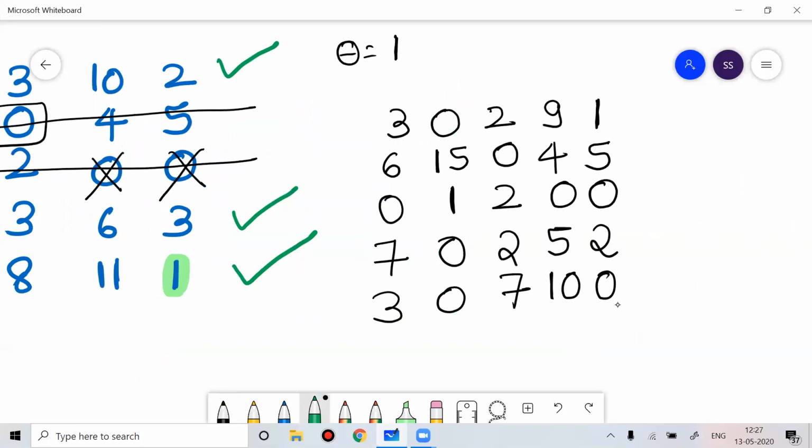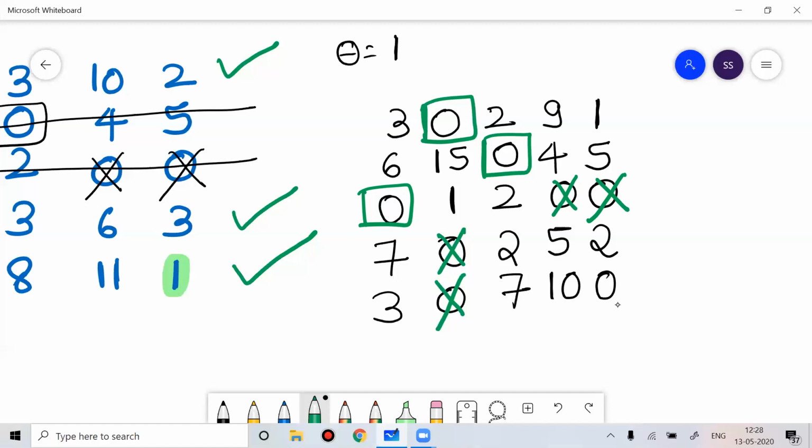Now if you see first row, it has only one 0. Second row, it has one 0. Now third row, it has three 0s, do not touch. Fourth row, you cannot do anything. Fifth row, you cannot do anything. First column, it has one 0, do allocation. Second, you cannot do it. Third, you cannot. Fourth, you cannot. Fifth, you cannot. Now first row, nothing can be done. Second row, nothing. Third row, nothing. Fourth row, two zeros, one cancelled, one can be allocated.